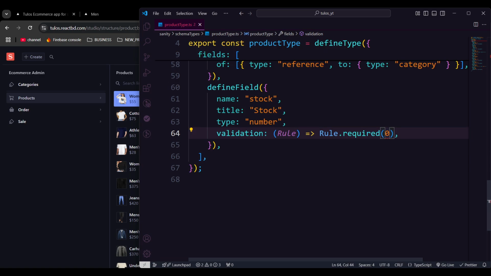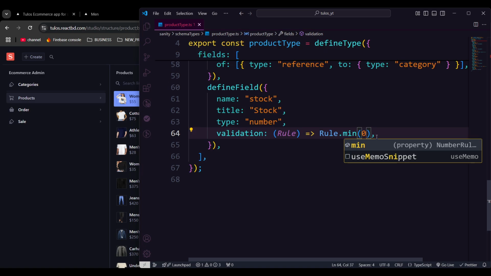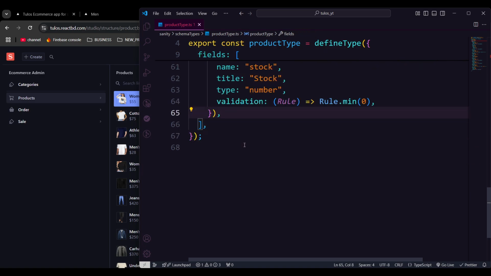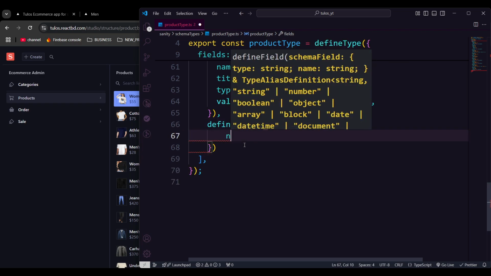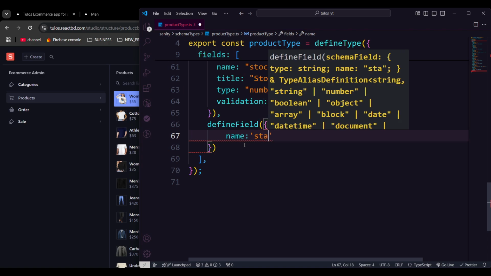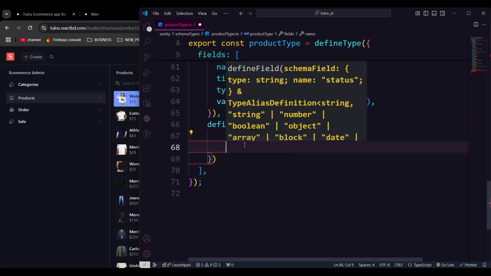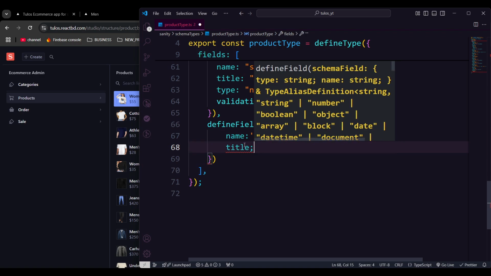Expected an argument but got 0. Okay, not rule dot minimum, not the require, so the minimum should be 0. Now after that we will define another field, and here we will define that drop down. So the name should be, let's say, status, and on that status the title should be, let's say,